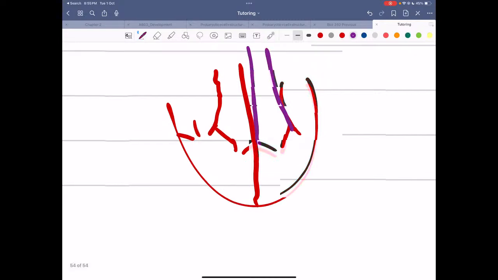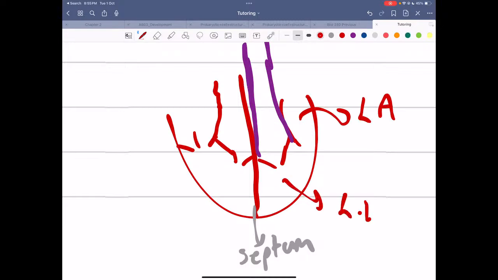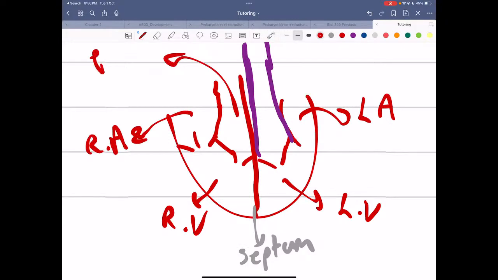So in purple is the aorta. This is the septum. And this is the left atrium. This is my left ventricle. This is right ventricle. And this is right atrium. And this is my pulmonary artery. Okay? So this is just a quick revision for all of you about the heart flow and the cardiac